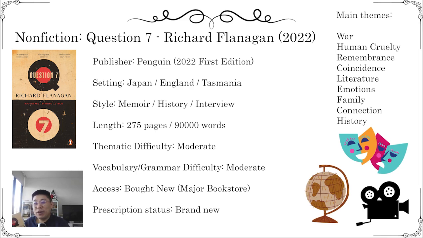It's a pretty long book. It's about 90,000 words, I would say. And for students who aren't as familiar with history and nonfiction, it may come off as a bit boring. I will say it's probably the least boring of all the nonfiction books for a teenager's perspective. It's got references to World War II, it's got references to growing up as well, it's got lots of themes that are relevant to being a teenager, and it's got lots of quotes that are meaningful for text and human experience as well. It does require quite a bit of prior knowledge to know about the Pacific Theatre in World War II,